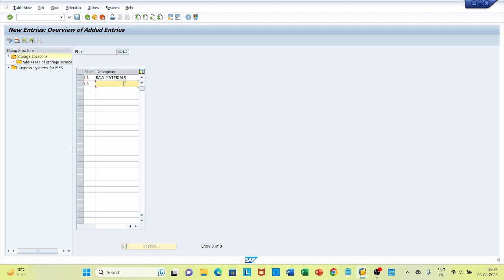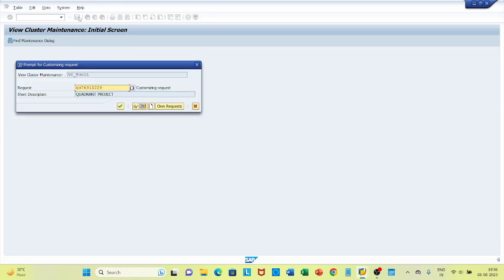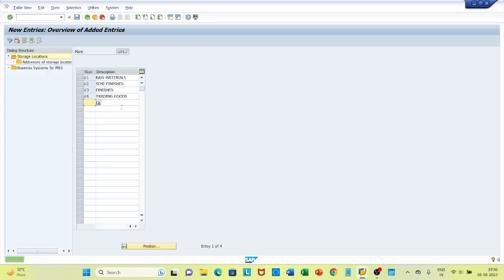P2 is for storing semi-finished materials. P3 is for storing finished materials, and P4 is for storing trading goods. Okay, it's done and save it. Continue. Okay, now go back